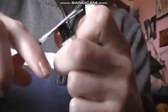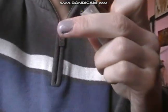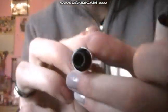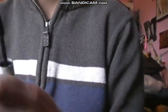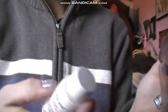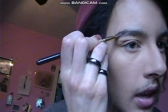So you'll either need scissors or a knife, and you're going to do that, or stick it in there and take it all the way off, and stick some in there that actually fits, get pretty much all the stuff off, scrape it into the jar, and then basically just put some of this on it, but not a whole lot, just in drips, right? And mix it around with the eyebrow brush,